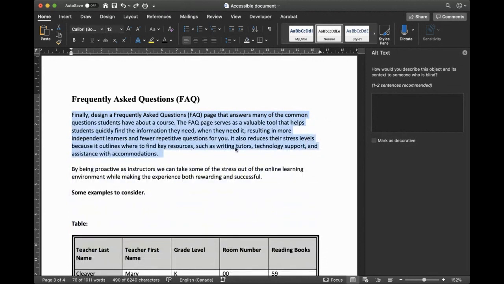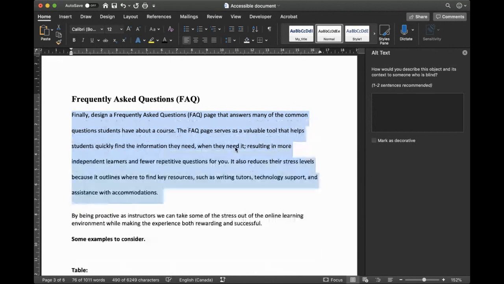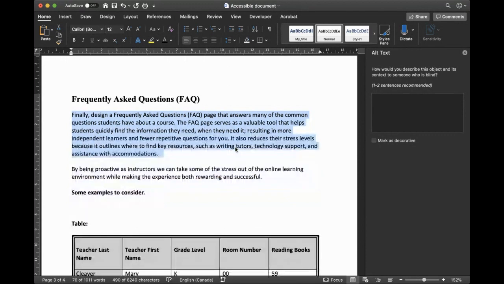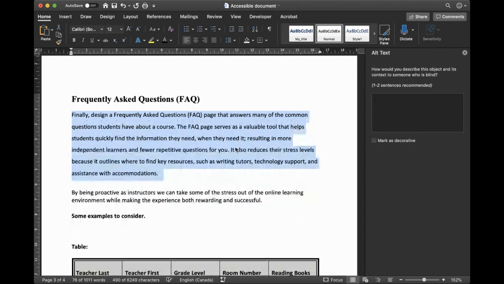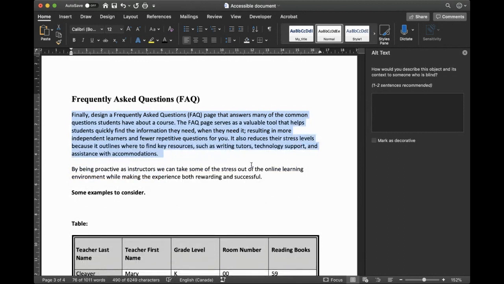Another way is to press Control or Command 2, depending on your system. If you are on Mac, it is Command 2. If you are on PC, Control 2. If you do Control 1, it comes back. If you do Command 5, it is 1.5 the space. If you do Command 5 again or Command 1, it comes back to the regular space. So double spacing is also